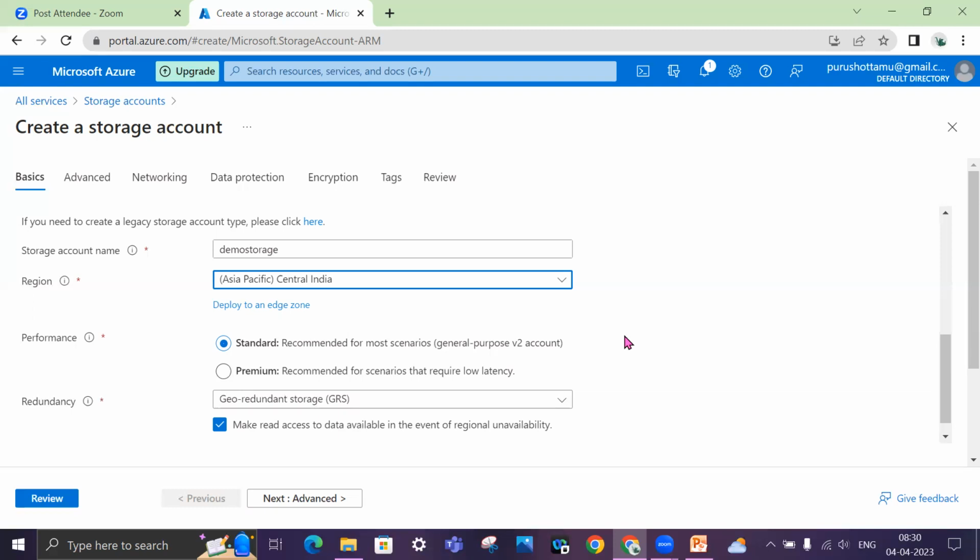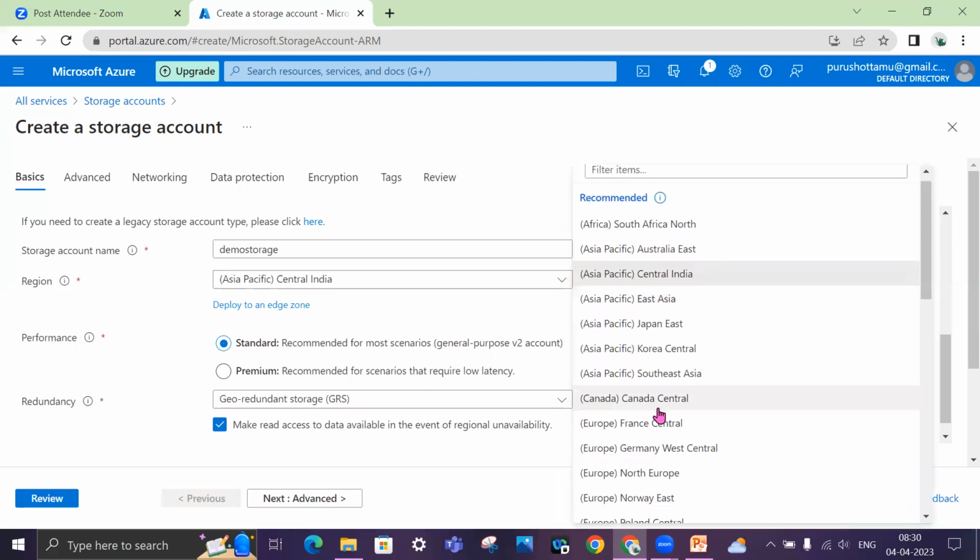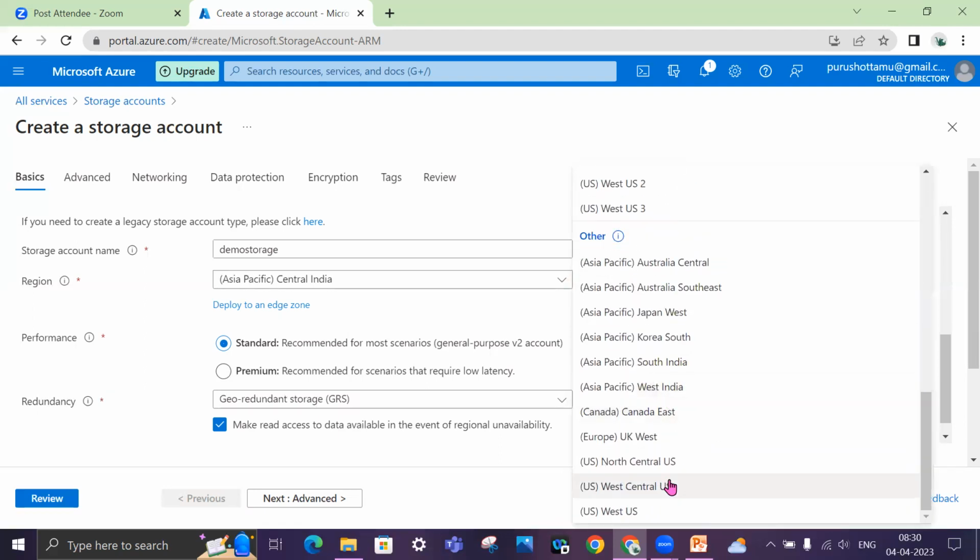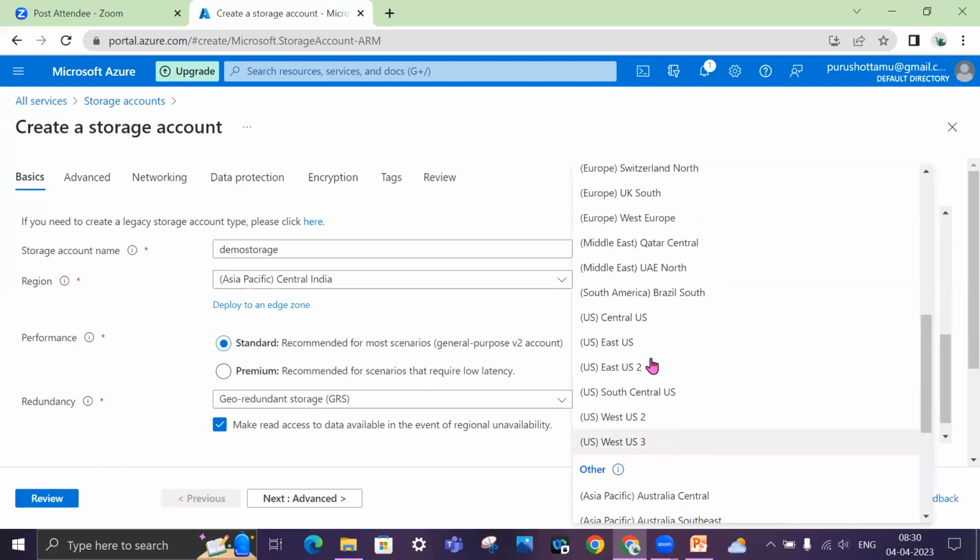So what will I do? For US customers, I need to use the region that is suitable for them, either north or west, or within west I can choose east US 2 or west US 2 or 3, something which is suitable for my end users.